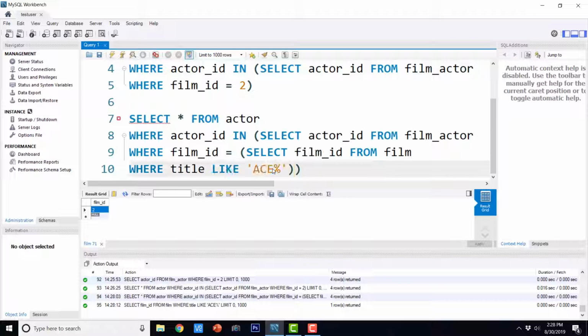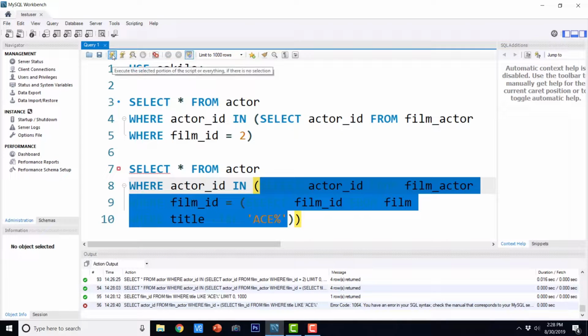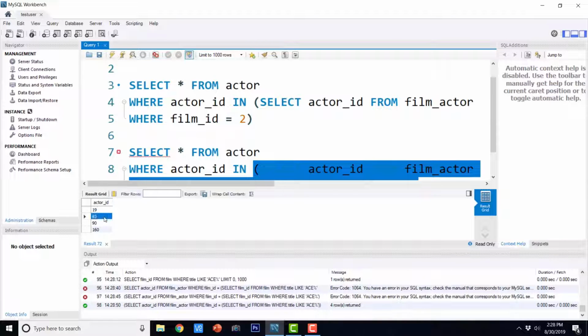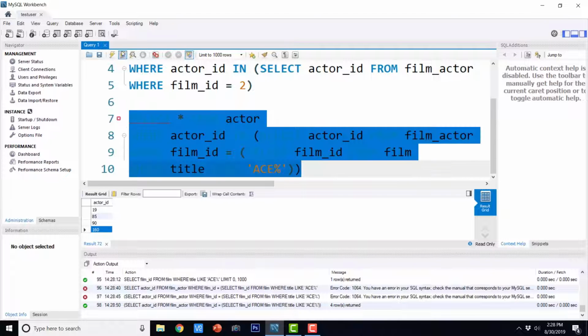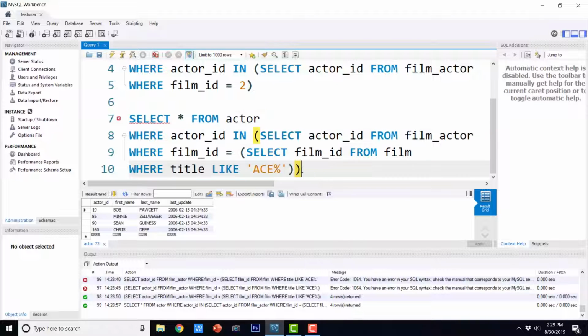So you can have as many levels as you want as per your requirement. If some data is unknown or you want to parameterize something, then you can do it with the innermost query. Then again I am going to execute this query. It is going to return 4 records. Okay, I guess the parenthesis is a problem. Okay, let me execute it. And these 4 records will again be fed to the select star from actor query. So this is the output.